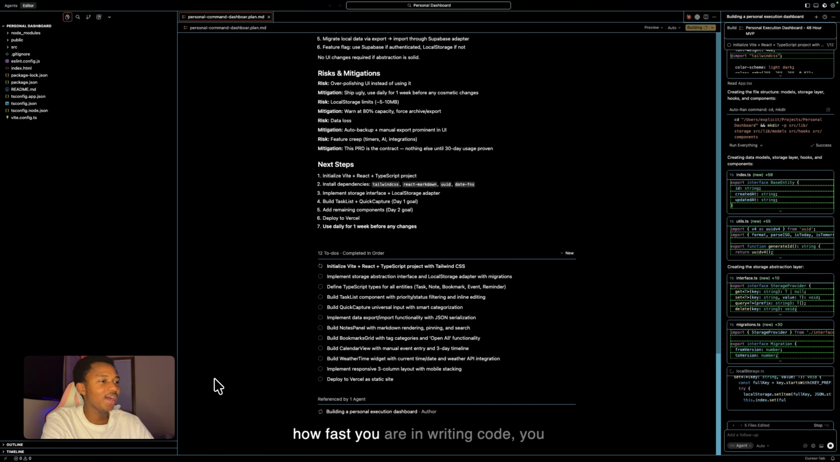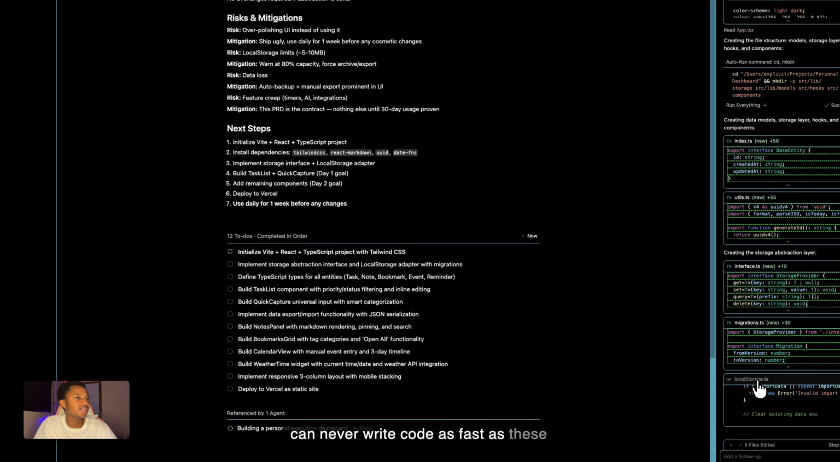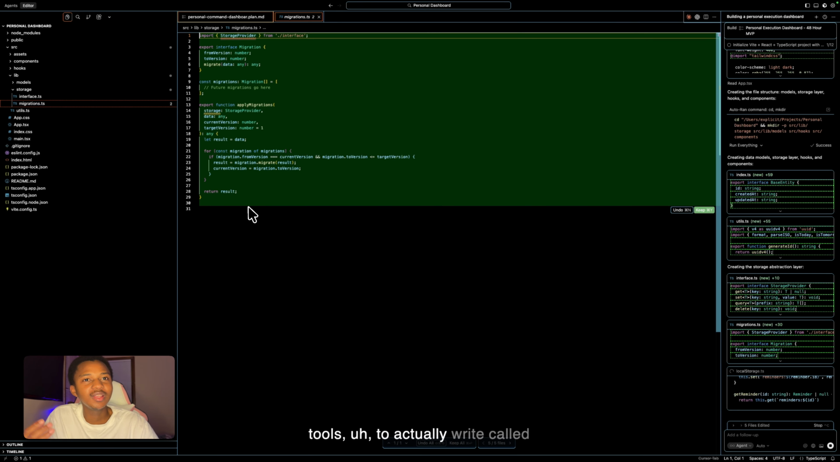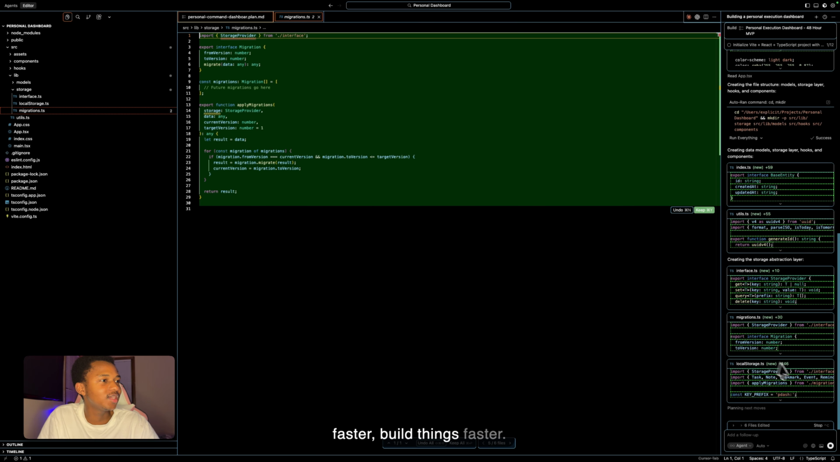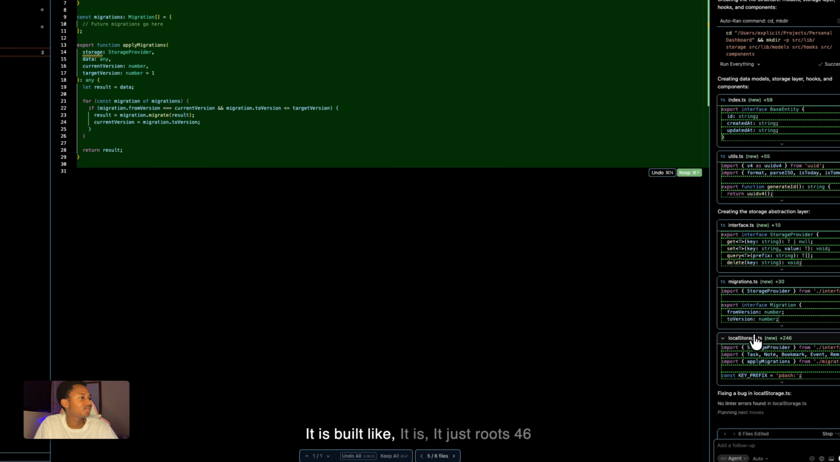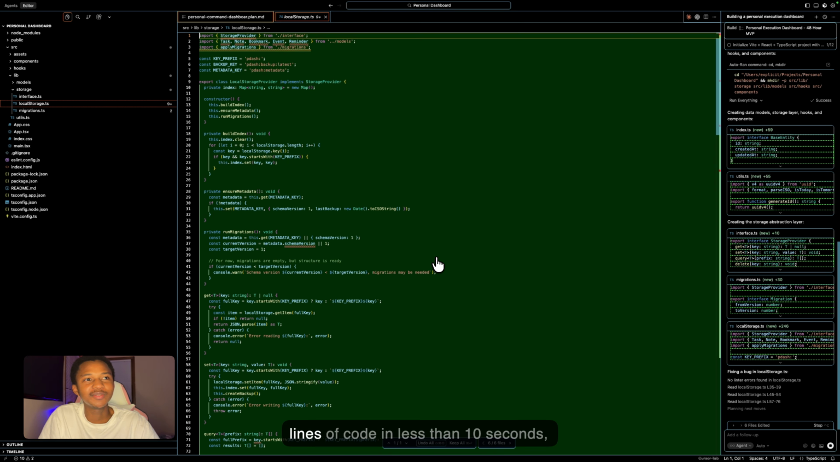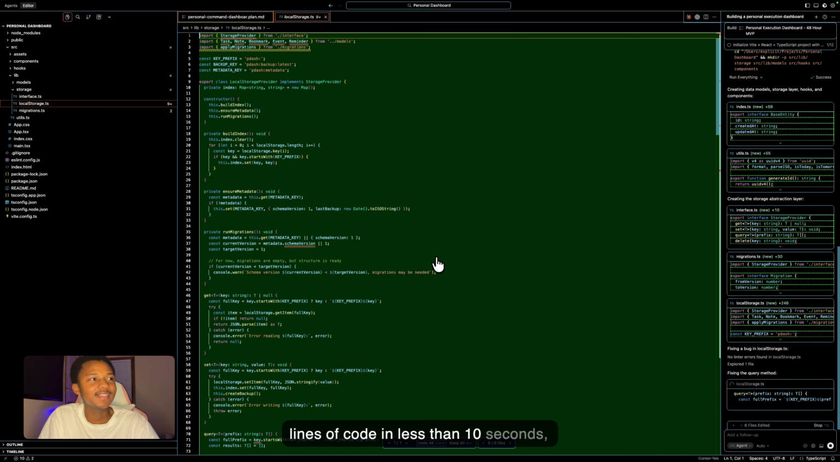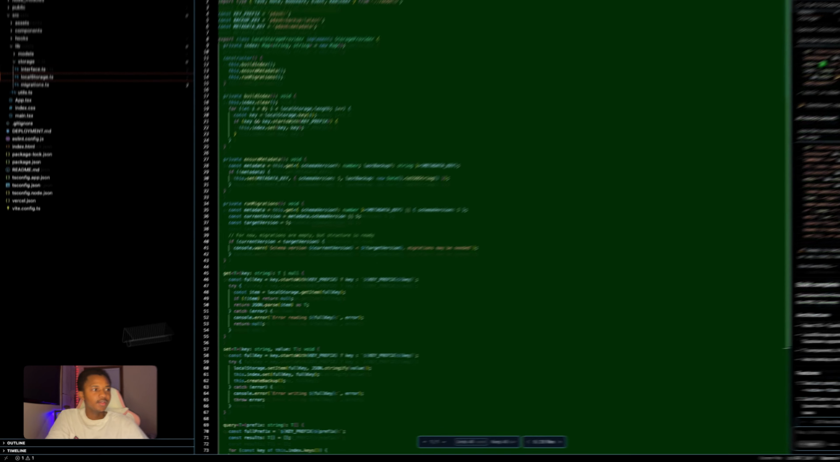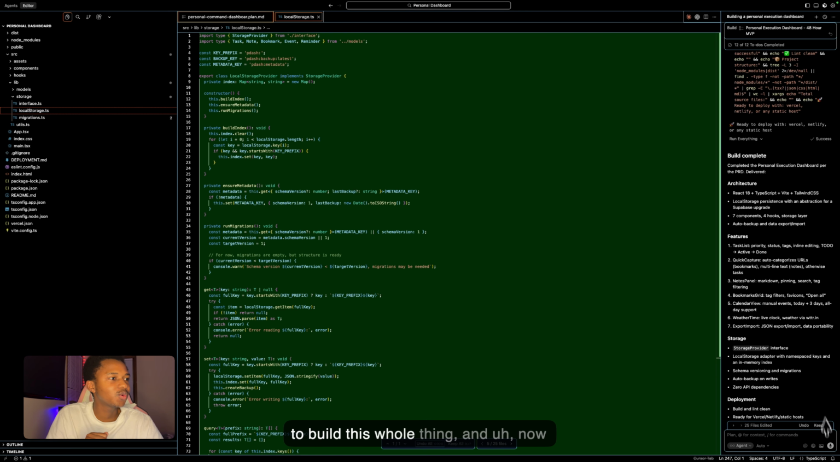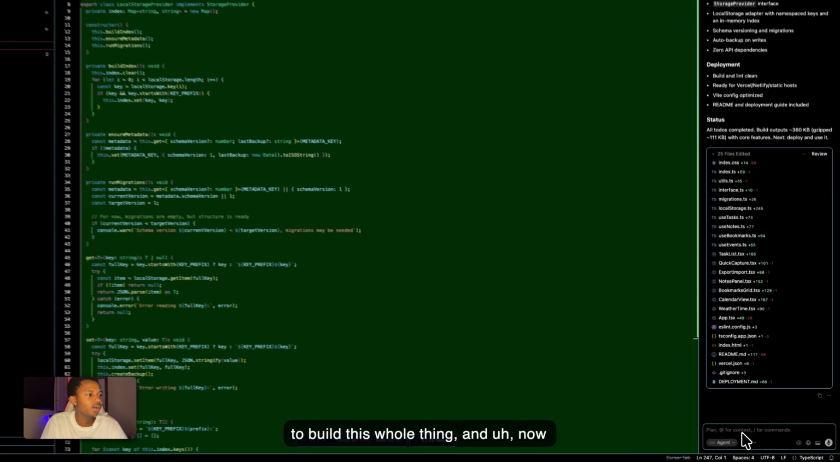Despite how fast you are in writing code, you can never write code as fast as these tools. So it's really wise to utilize these tools to actually write code faster, build things faster. It just wrote 246 lines of code in less than 10 seconds, which is really great. Yeah. So this took about 6 minutes for it to build this whole thing, and now we are going to